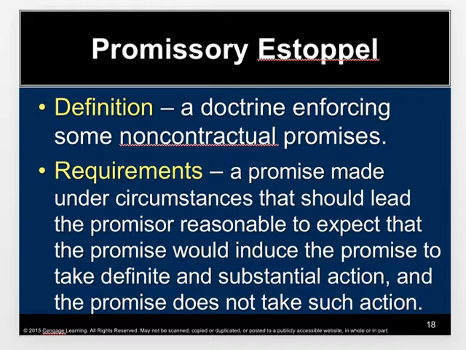They're very rare, very limited circumstances where it can be used. It has to be that egregious, like the example that I gave. You really have to do something, what we call legally detrimental reliance. Based on the person's promise, you have to take some action that, if the person doesn't deliver on their promise, it would actually hurt you. So that's what we mean by promissory estoppel. So not common.